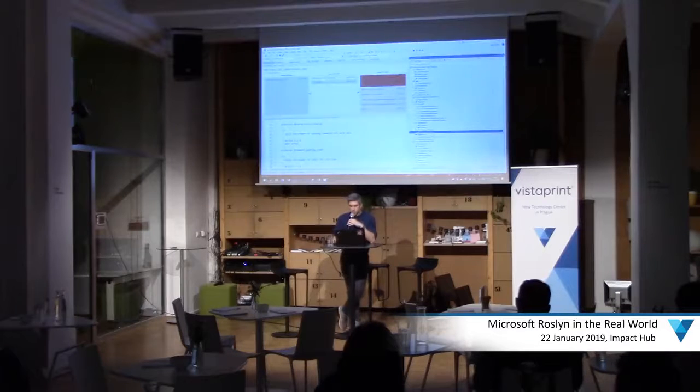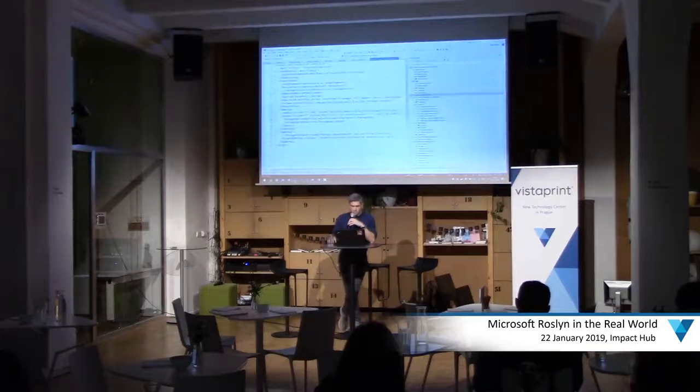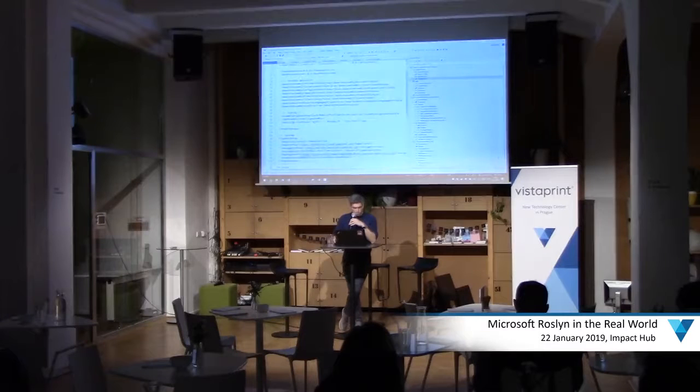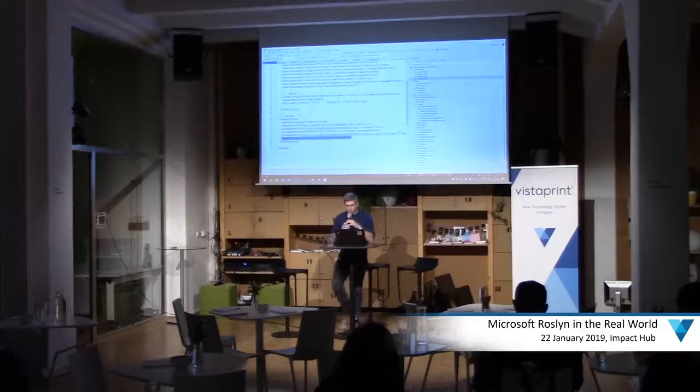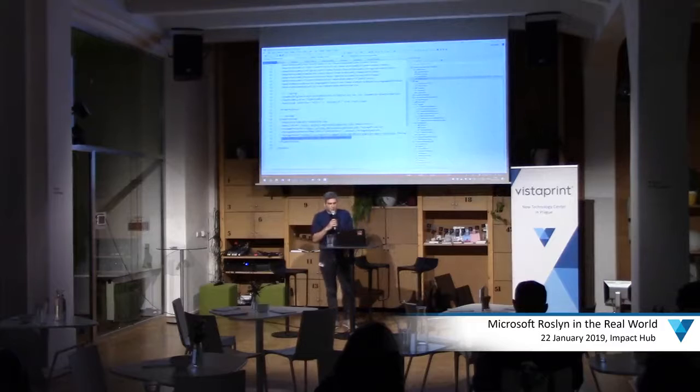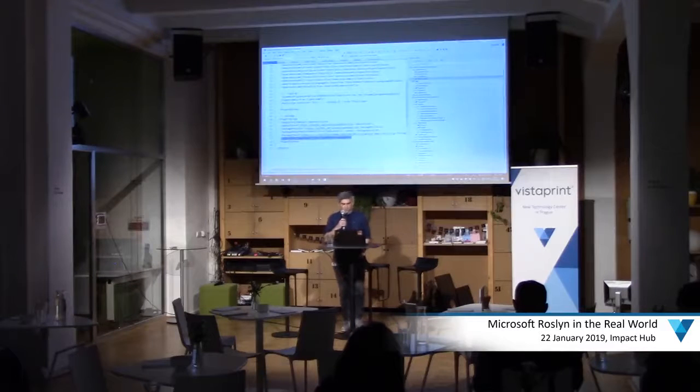So there is a little line in this project file, and it's actually here. Right. There's a little line saying generate package on build, and it means without us having to do anything else,